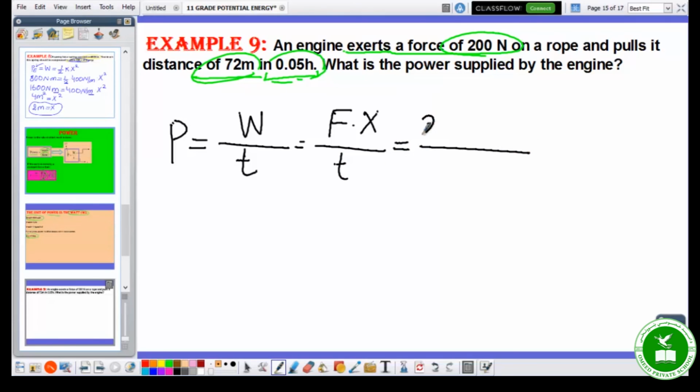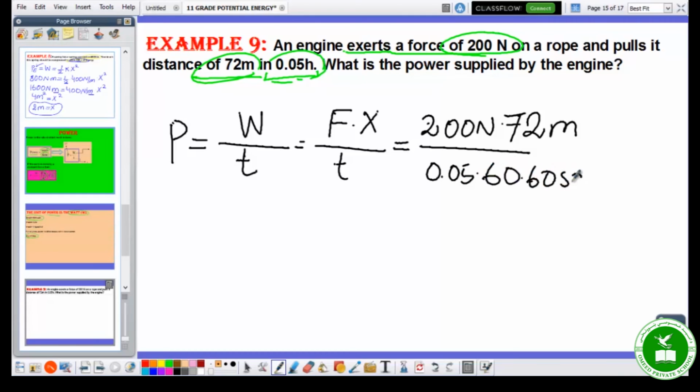Force is 200 Newton times x, which is 72 meters, divided by t, which is 0.05 hours, meaning 0.05 times 60 seconds. And it is equal to 2 times 2 is 4, 2 times 7 is 14,